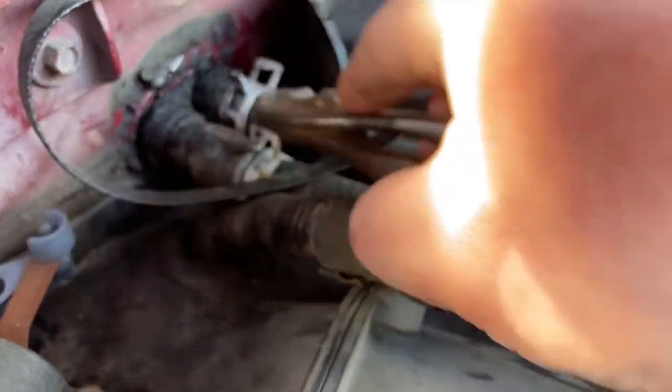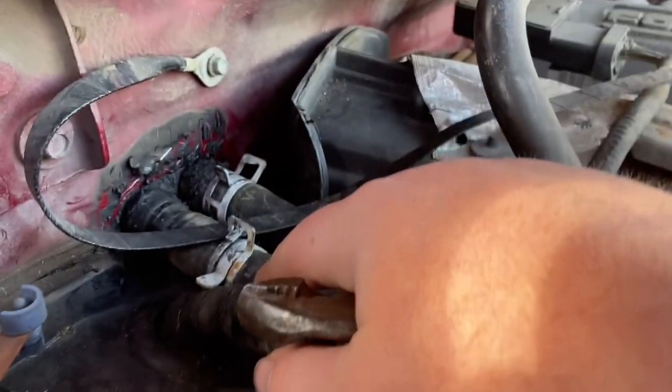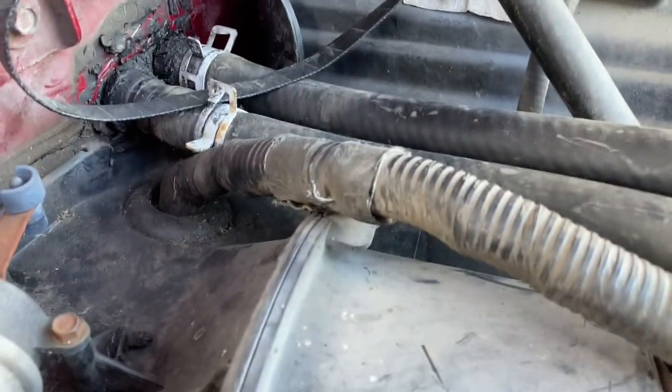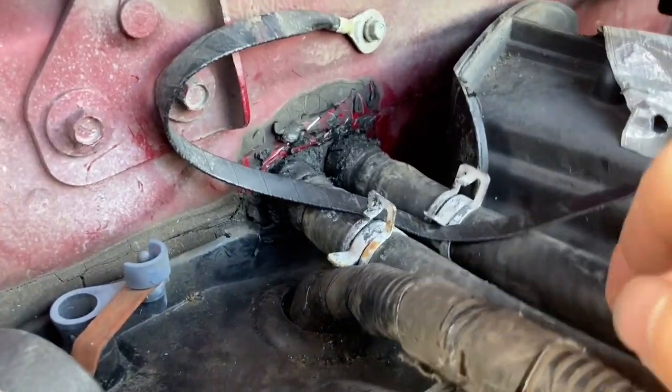Okay, so you see how I got this one off? This little thing out of the way used to sit up here, and I just have to slide that one back. Okay, so I got both of them off. Now you want to be gentle, because it's...